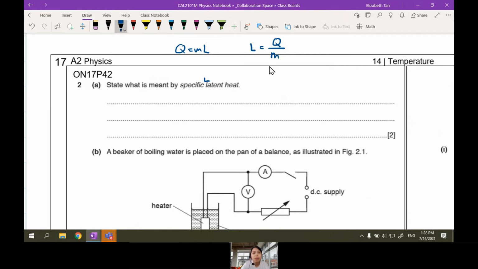To do what? Melting, phase change. This one has no change in temperature. So the very first one, what's Q? Thermal energy. So we say the thermal energy divided by m. The best way to say it is per unit mass. How much energy is needed to convert 1 kg of substance? Okay, thermal energy per unit mass, or 1 kg of mass, to change the state